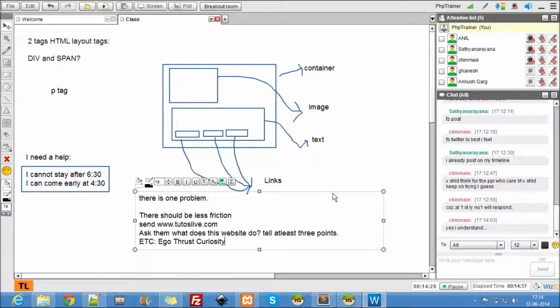Okay, so these are headlines. Or do you know what Tutors Life does? Did you see this website? Did you see what these students and tutors are doing for the world? So that's the curiosity factor. The next factor is curiosity: make people curious to know what exactly is happening.